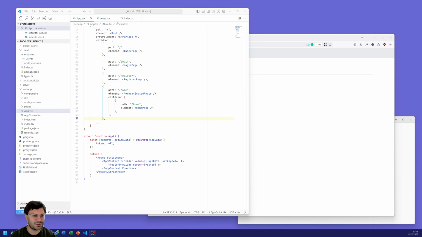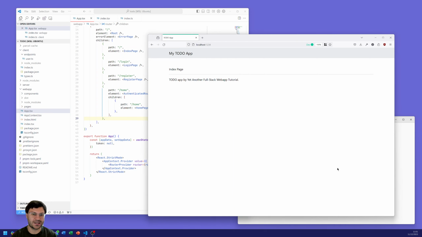Last episode we were just finishing up creating the routes, and we're able to go to different pages on our website and also authenticate the route. So if the user wasn't logged in, then they will not be able to access the home page. So now we want to get to the stage where we can let the user navigate to those pages without having to manually put them in the URL. And we will now complete the register and the login pages,